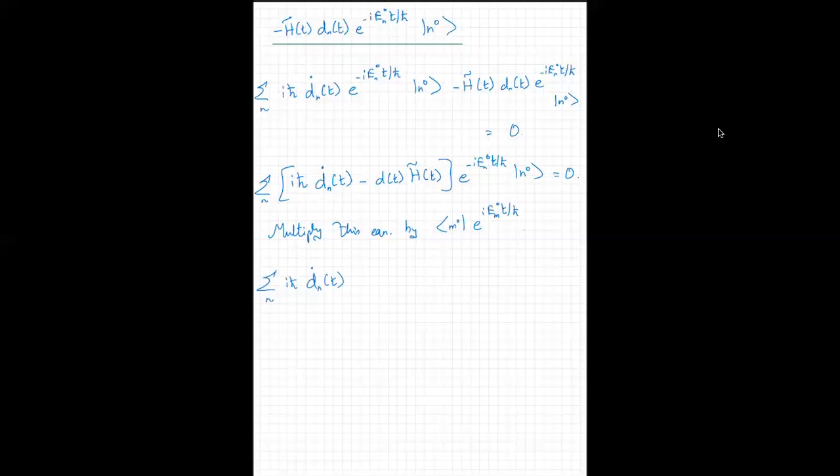There is an e to the plus iE_m0 and minus iE_n0, so I can write this as e to the i(E_m0 minus E_n0) t over h bar ⟨m0|n0⟩. That is the first term, minus sum over n d_n of t, again e to the i(E_m0 minus E_n0) t over h bar